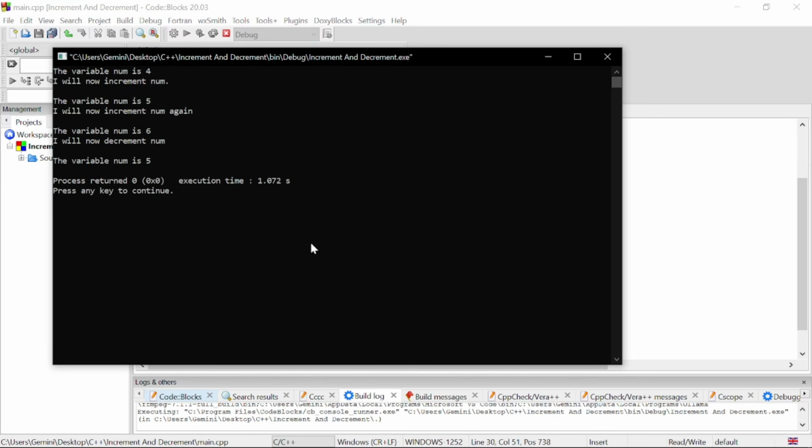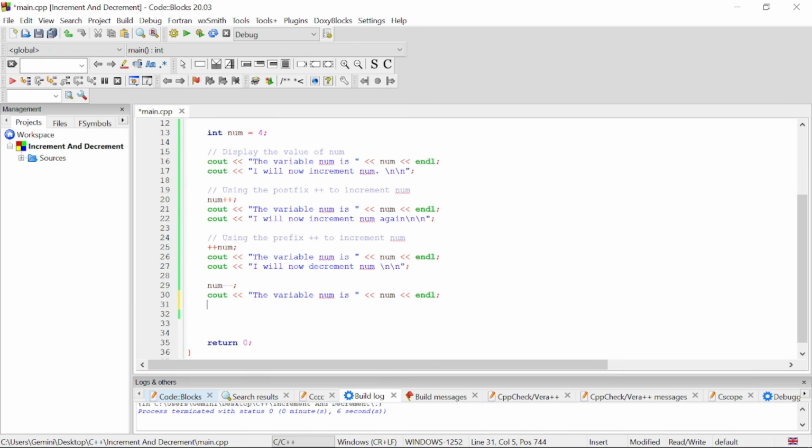So we get to decrease the value from 6 to 5. Let's end this. And then again, we are going to... Alright, so we can put a comment here, say using the postfix decrement to